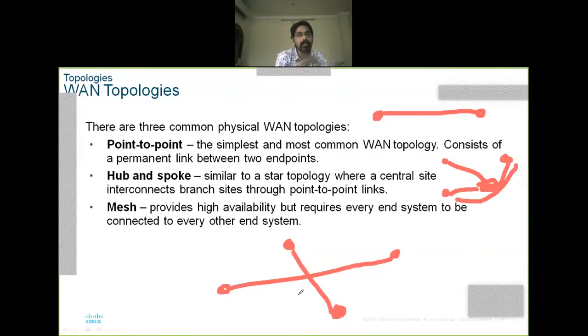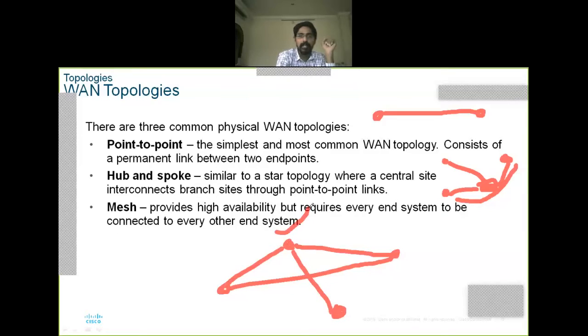In mesh, there are no intermediary devices. Instead, each system has a direct communication path to other systems. For example, this system has a communication path to the end system, then a communication path to this system, and then a communication path to this system. Now, this system has direct connections to all three systems.